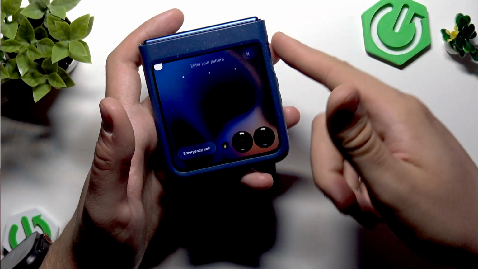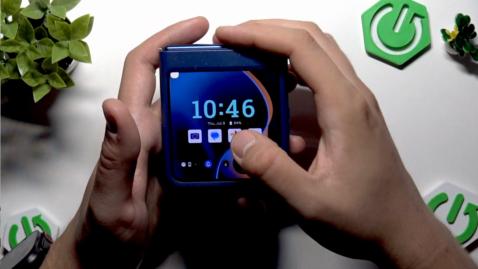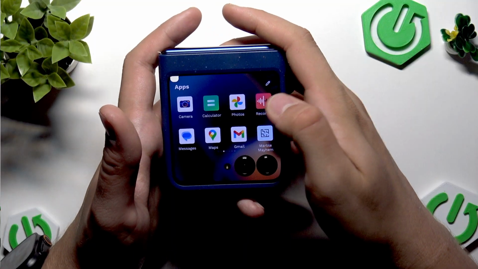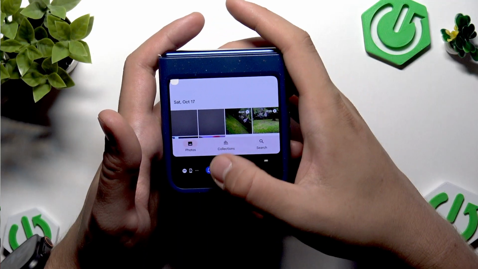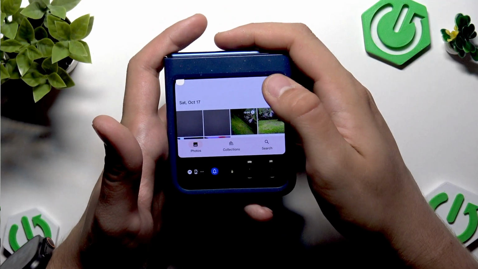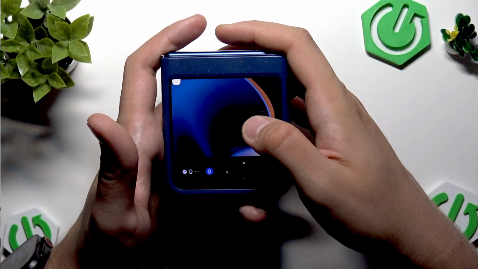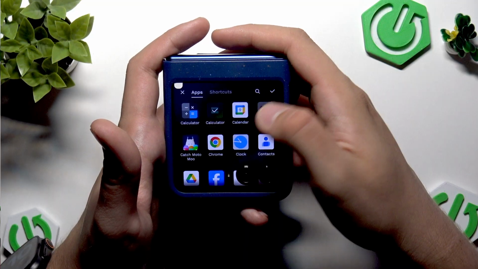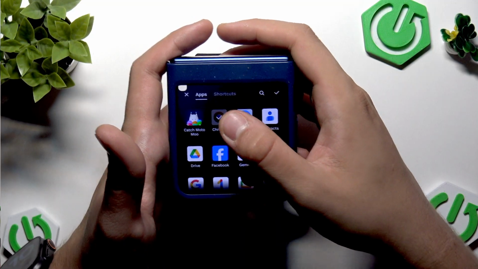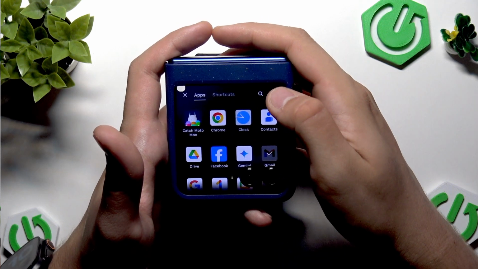You just need to flip it, and once we are here, we can scroll through games and applications. And now here, once we are in the applications, we can open them. As you can see here, we've got Google Photos. Here we can open our Chrome. I mean, wait a moment, not now, but